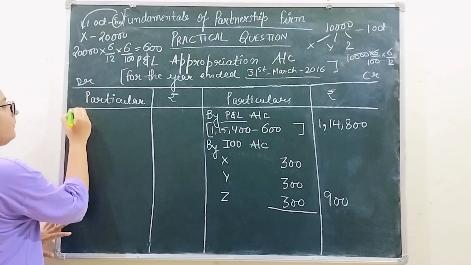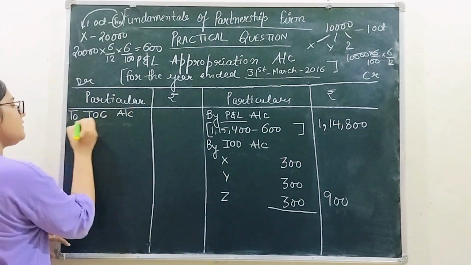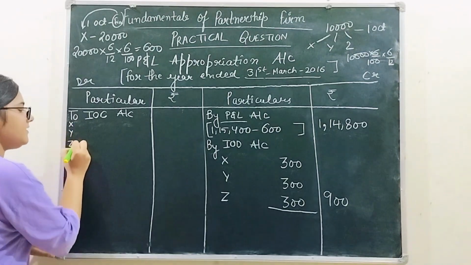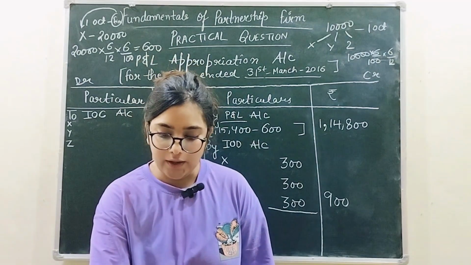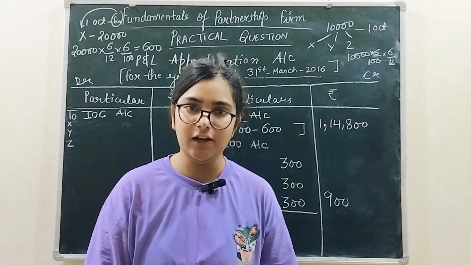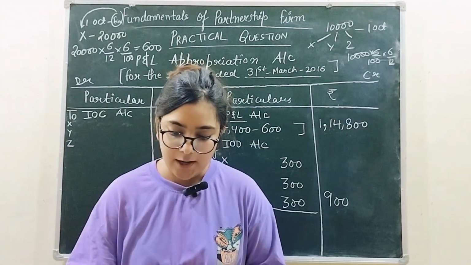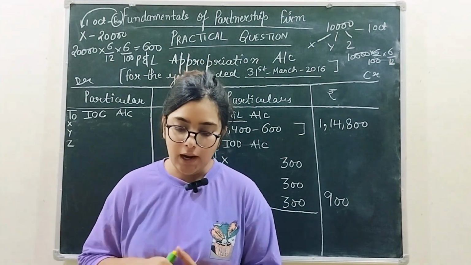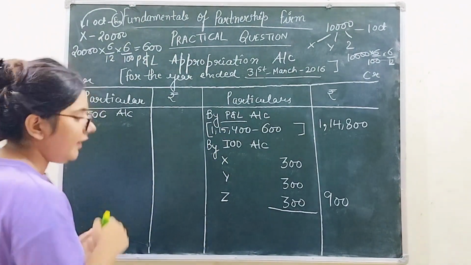The very first item that comes is the interest on capital. So X, Y, and Z. So the capital that they have told you is the 150, 120 and 1 lakh. तो आप जो इंटरेस्ट निकालोगे वो आप अपने कैपिटल वाले की बैलेंस पर निकालोगे. तो जब आप 5% निकालोगे 150 का, 120 का and 1 lakh का, you will get your interest on capital, right? So it is giving you